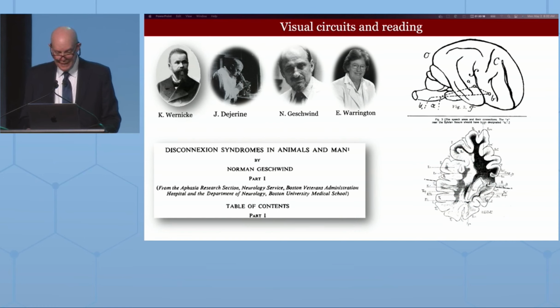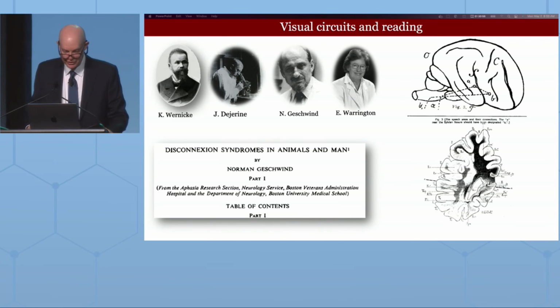So the history here is also really interesting and quite fantastic. I really trace the early parts of this to Carl Wernicke, who was the original connectionist. He thought that the white matter bundles that carry information from one part of cortex to another were the key to what made us human, and that it was not so much the cells or the nerves or the signaling processes, which were preserved over all kinds of animal species, but rather the new connections that we formed and the way they formed and the way information was communicated that was really crucial.